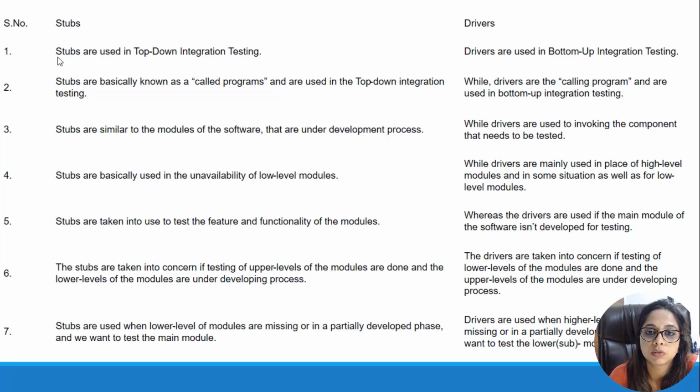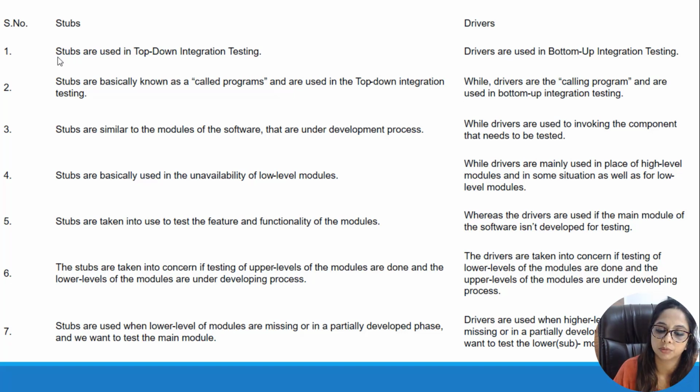And the last difference is also related to the definition, wherein stubs are used when the lower modules are missing or in the partially developed phase, and we want to test the main module. Whereas in the case of drivers, the higher modules are missing or partially developed, and we already have the lower modules ready with us. So that's the difference between stubs and drivers. It revolves around the statement wherein stubs are the programs which act as the lower modules